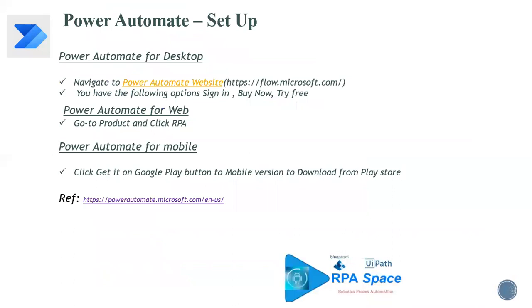And the next thing is how to set up Power Automate. As I mentioned already, either you can go for a browser, within which you have the option to create flows, or you can install the desktop version, a Microsoft desktop application. You can download an exe file, and from the exe you can start the setup, which is a usual setup process. At the end, you'll see a Windows-based application installed on your machine if you go for the desktop option.